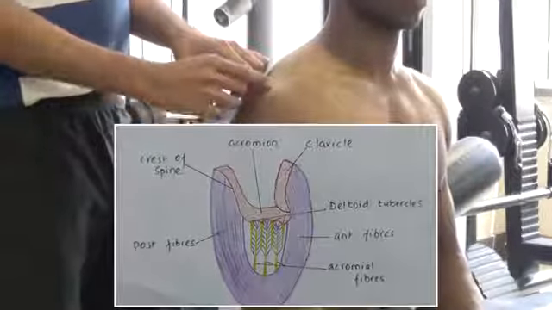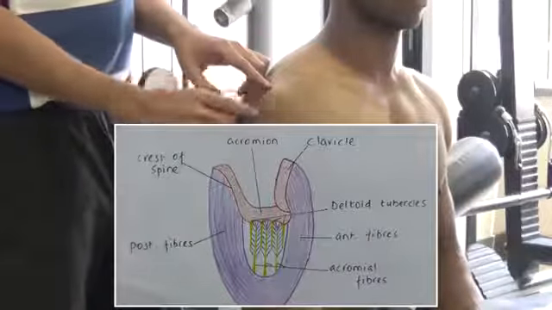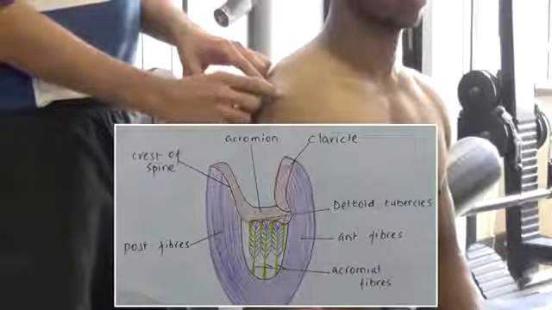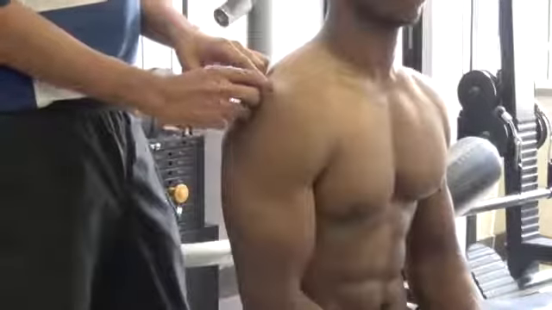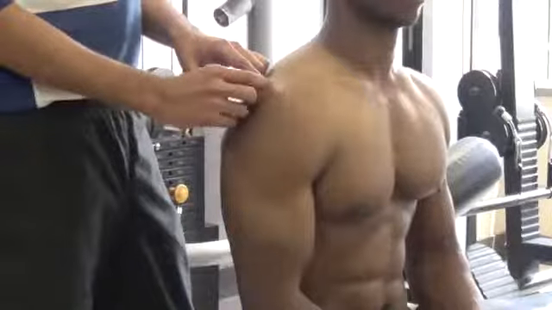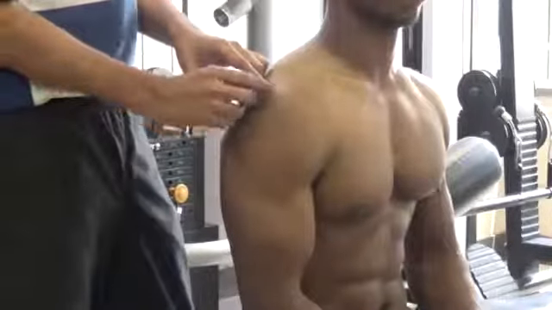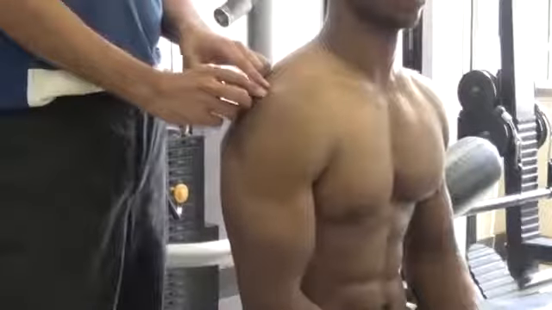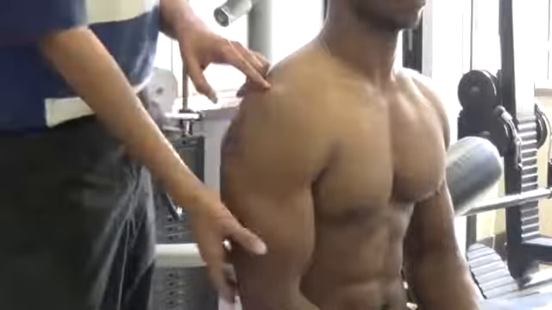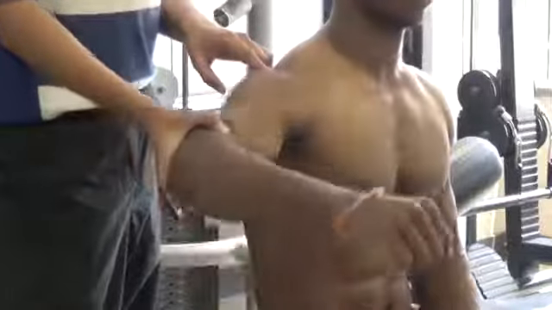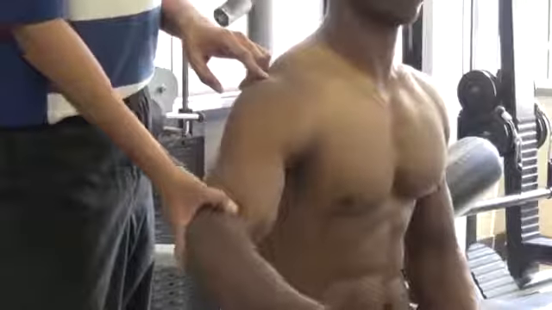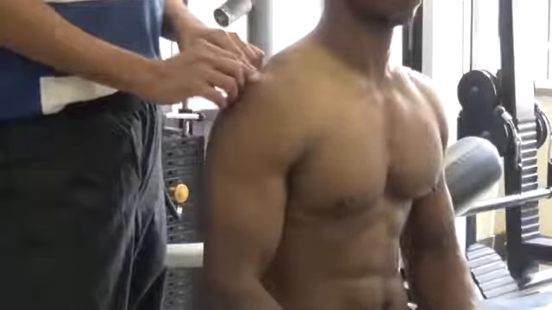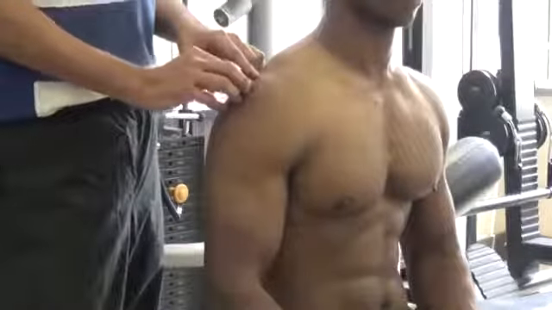Between these septa, along their adjacent sides, the multipinnate arrangement takes place, so the maximum number of muscle fibers can be accommodated. As you know, the number of fibers is directly proportionate to the force of contraction, so these fibers behave as forceful fibers as they provide abduction, which requires anti-gravity action. So the force generated is more at the cost of range. Range is less but force is more.